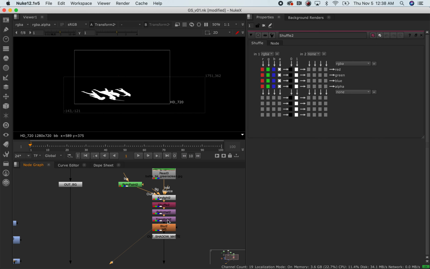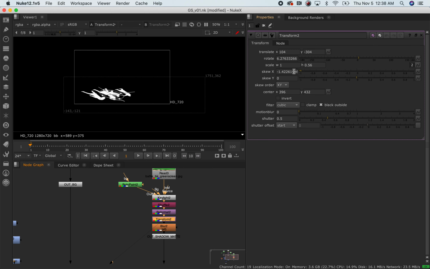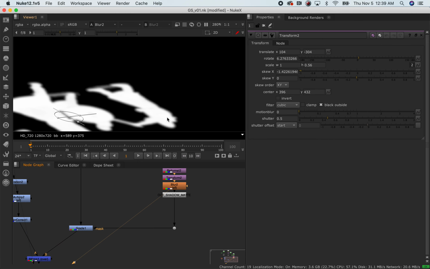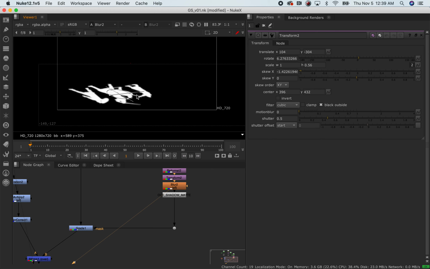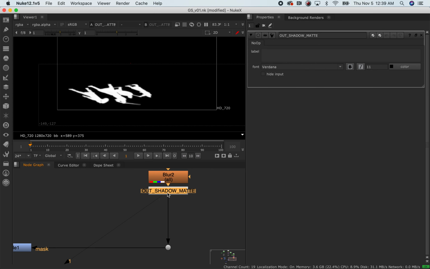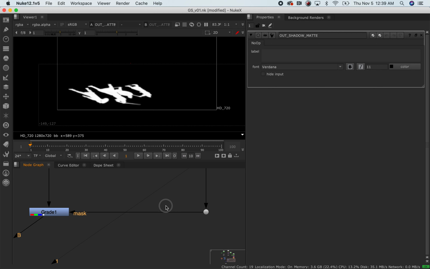reformatted this so that it's flipped and flopped. In the transform, I used, let's see, skew to make it look like it's stretching down across on the ground. Blur it, of course, because it's a shadow, and depending on the light direction and the time of day, you might need to do the blur more or less, or stretch these shadows more or less. Here I have a Nuke node labeled my shadow coming out, and the way I create the shadow on the ground is that I want to color correct the ground,